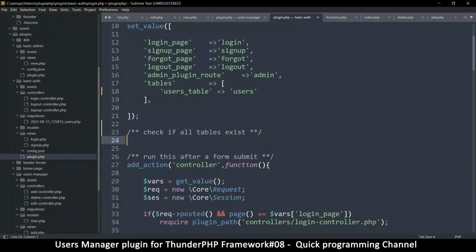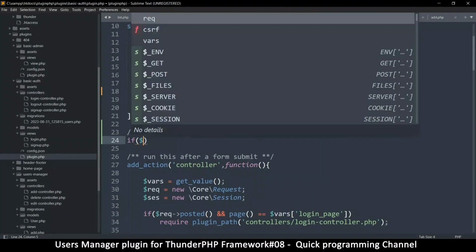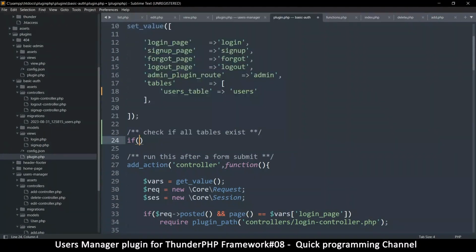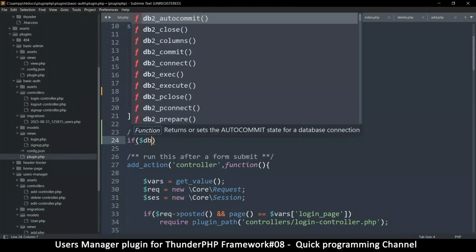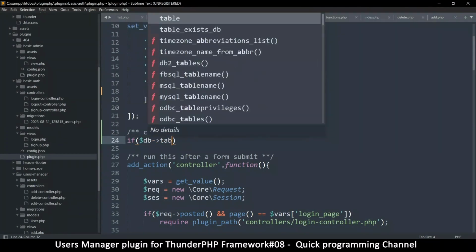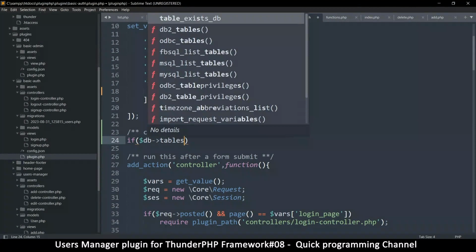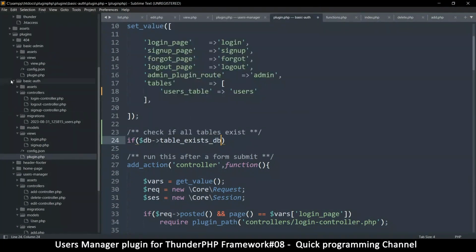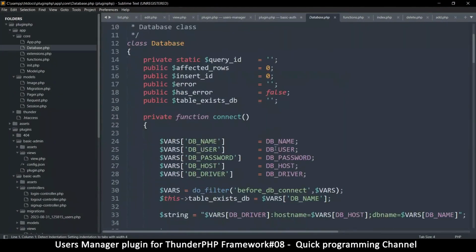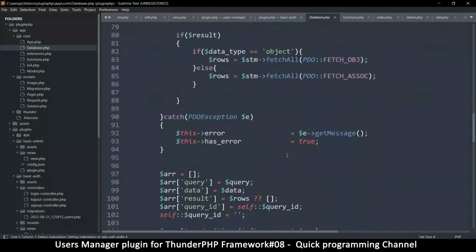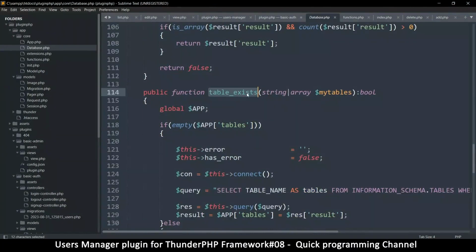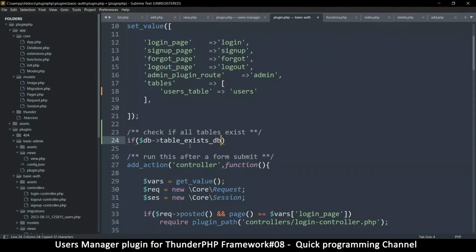So it has to check if the tables exist. So we're going to say if we will use the DB table exists DB. Wait a minute, I've forgotten what this is. It should be inside the DB class. It's table exists. Okay, so if table exists and I want to put an array in there, and this array